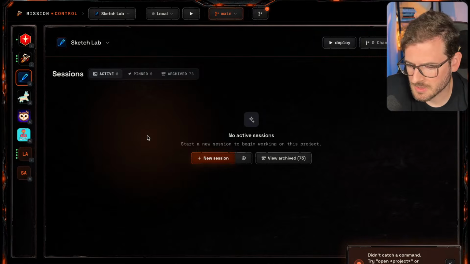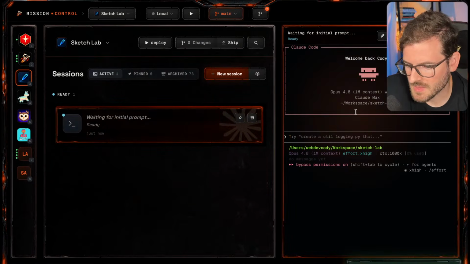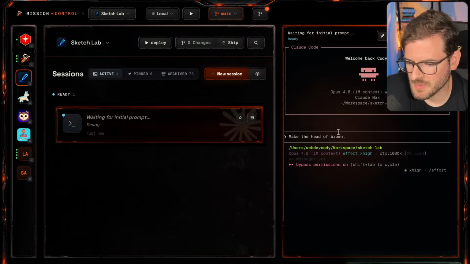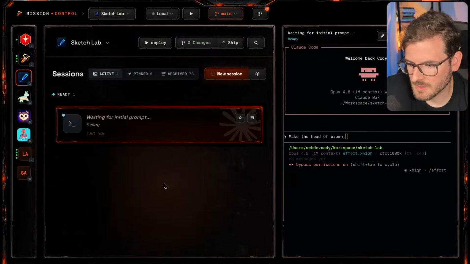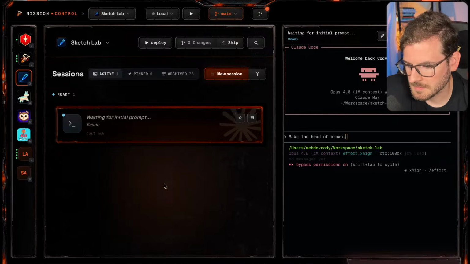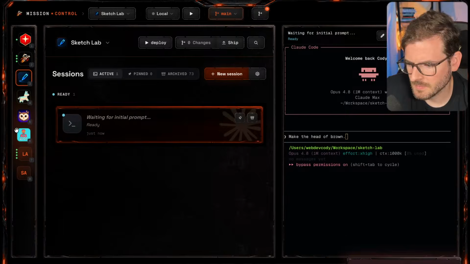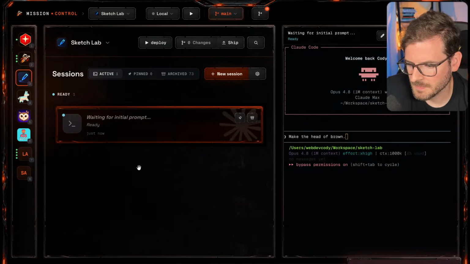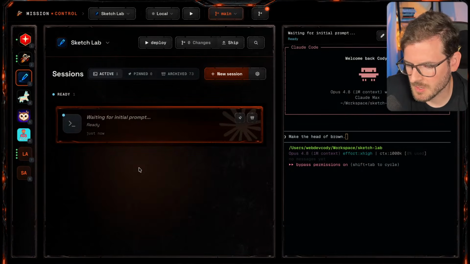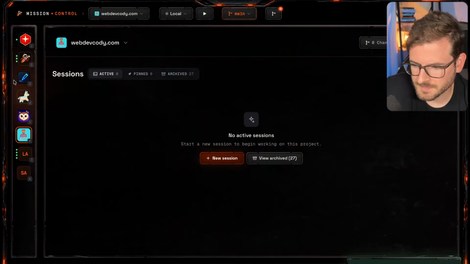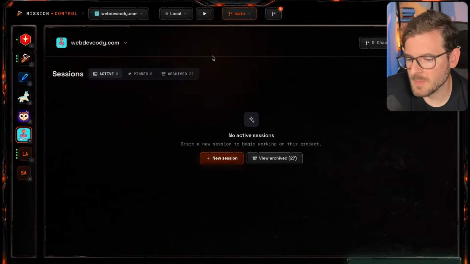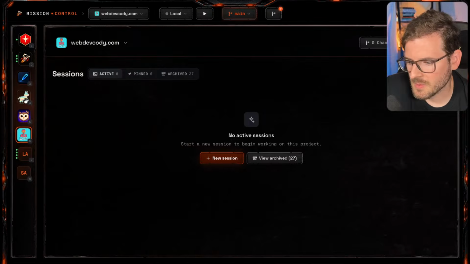Start a new agent, make the header brown. Something like that, where after I add that in, switch back to WebDev Cody. I got a fix on, that one was called? WebDevCody.com. Oh, switch back to WebDevCody.com. Anyway, that was a really bad demo, but I wanted a centralized place to work on all my projects as